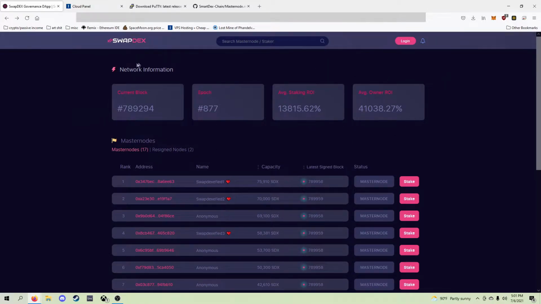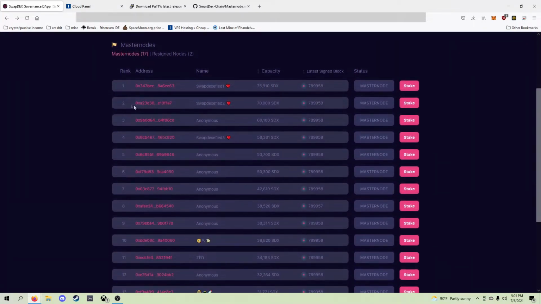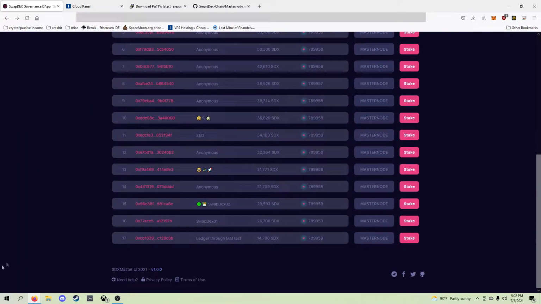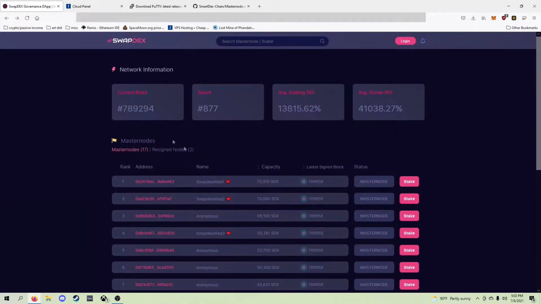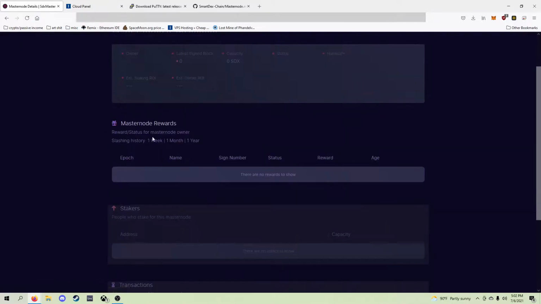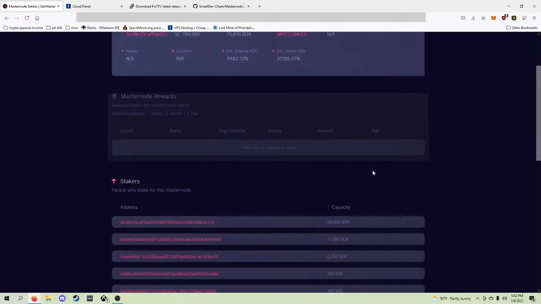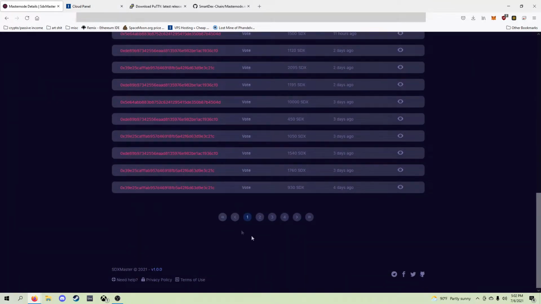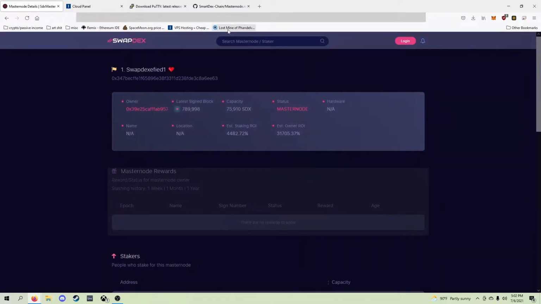But first, let's take a look at the Swapdex Masternode website for the governance decentralized application. This just looks so nice. I love the colors. I'm a sucker for the Swapdex color scheme. But yeah, we can do a little bit of exploring. We'll do that once we get ours all set up. I'll put the timestamps in the video. So for right now, we're gonna put that over here,